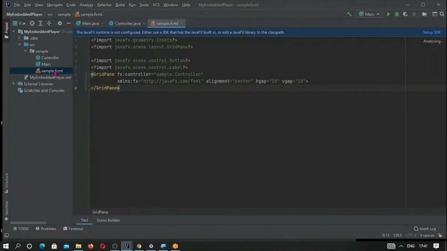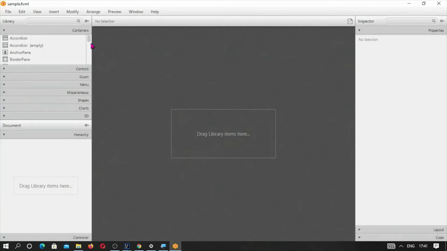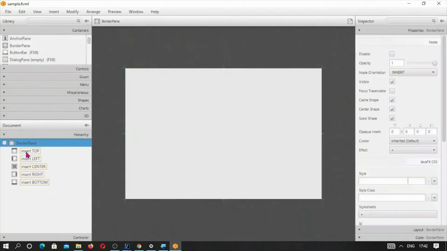Here I have opened this sample.fxml through Scene Builder. We'll take a border pane. So here is a container. In the border pane, the sides are defined: top, left, center, right, bottom, and according to requirement we can shift our required nodes into these areas.